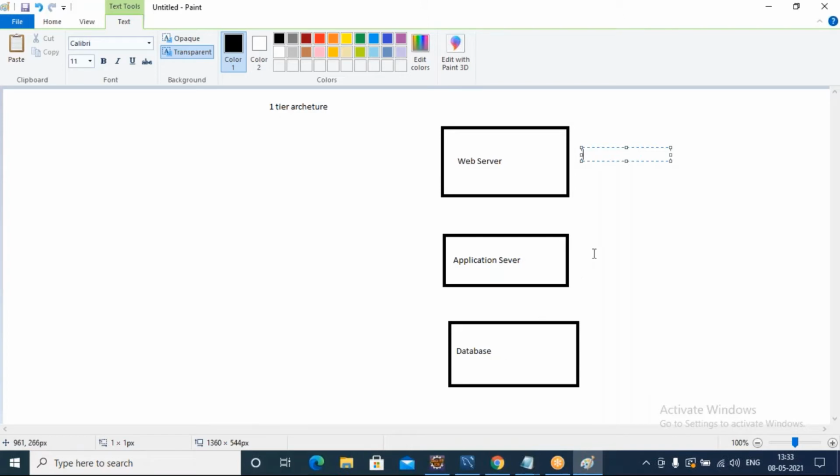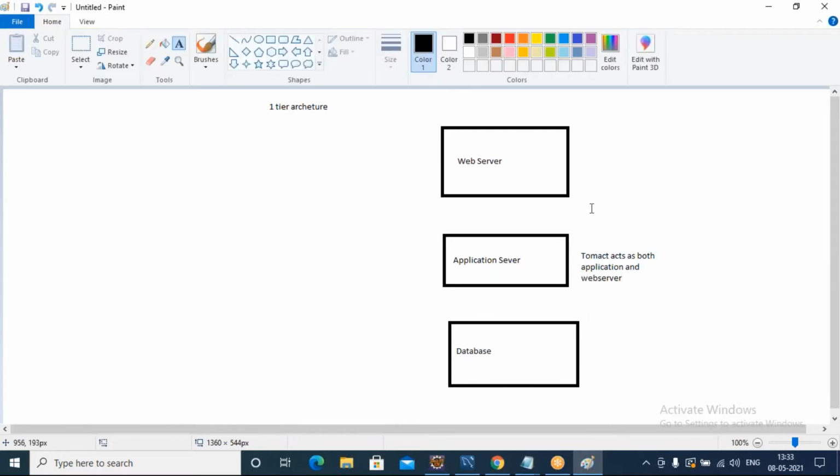Now, application server means like Tomcat I spoke about, right? Tomcat is an application server. Tomcat acts as both application and web server, right? Currently, if you observe carefully, my Tomcat is running on the same machine.